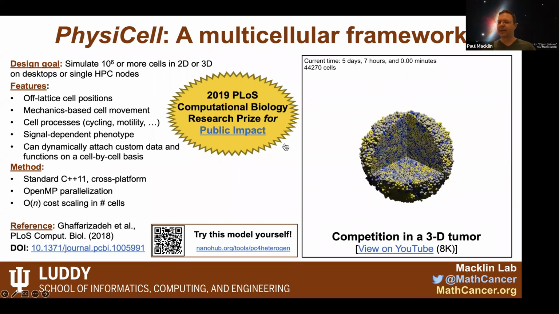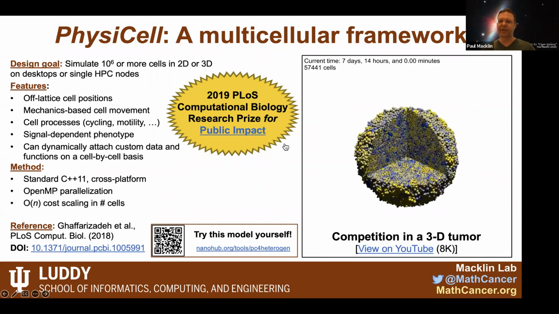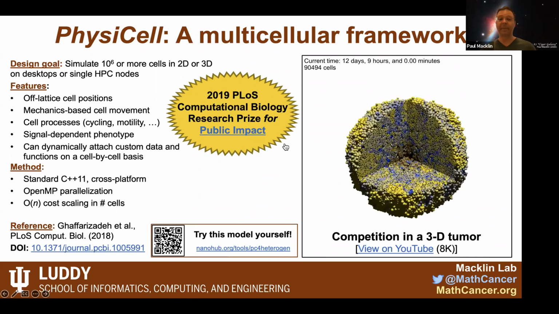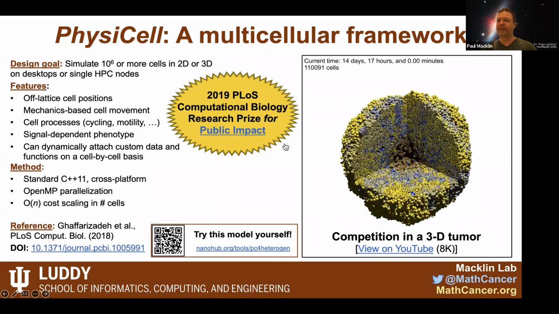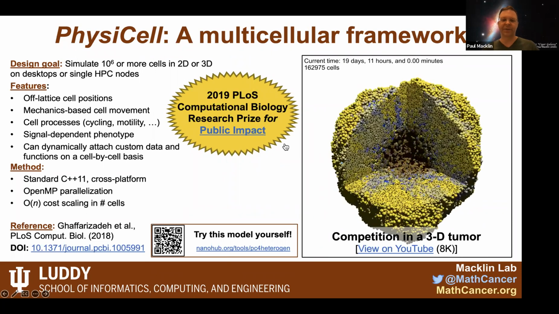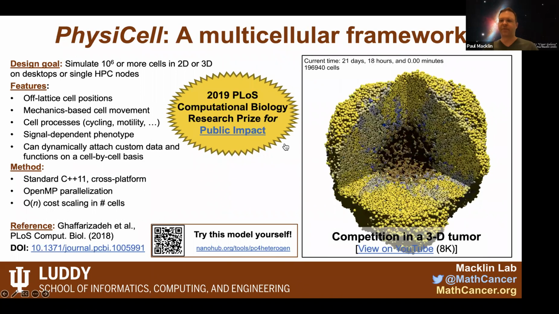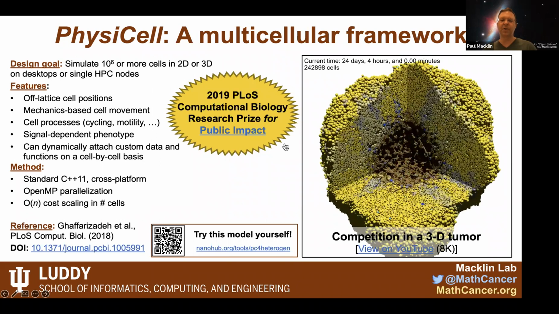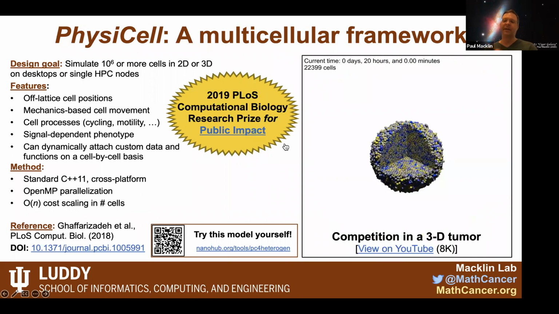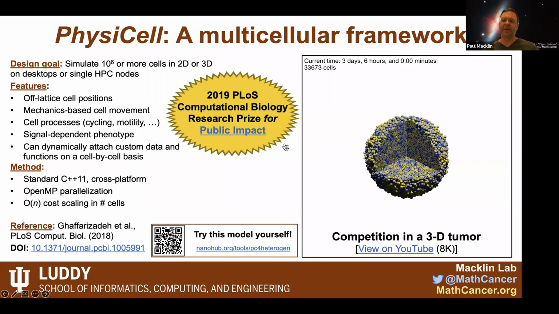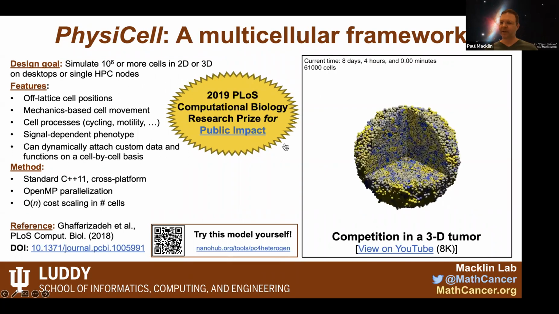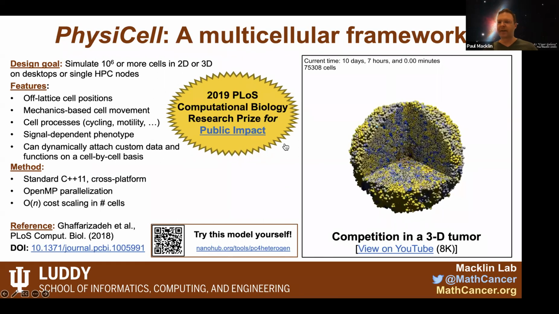And every cell agent here has its own copy of its own state. We have function pointers that allow you to dynamically change the rules on a cell-by-cell basis if you want to. And then you can scale this up, and it scales order n in the cost scaling, so that works pretty nicely. And again, we worked really hard to make sure this is very self-contained and easy to install. And it works across platforms with no modification of your package. So you can have one team member developing on Windows, another developing on Mac OS, another on Linux. And when you're done with your code and you're ready, you ship it off to a cluster and